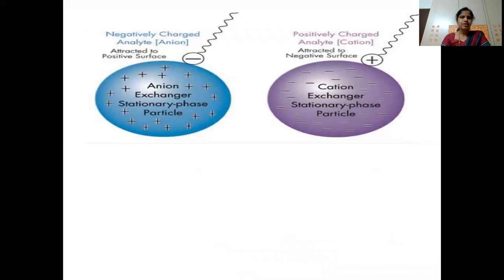Now in this picture, you can see the anion and cation exchange. So this is a stationary phase particle which is acting as an anion exchanger. As I said, an anion exchanger is positively charged, but the counter ion which is movable is negatively charged. So whatever negative charge was there on the resin has been exchanged by another negative charge which is present in the sample. So this is how the exchange of ions takes place.